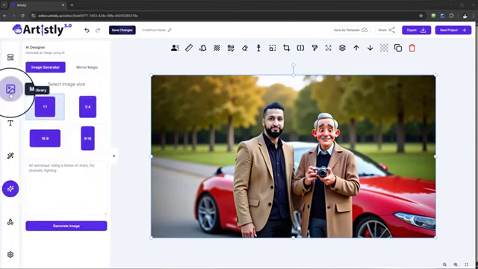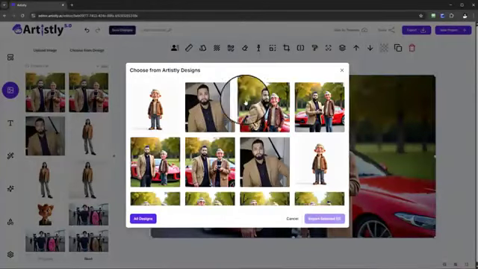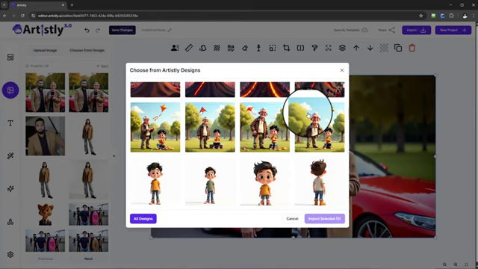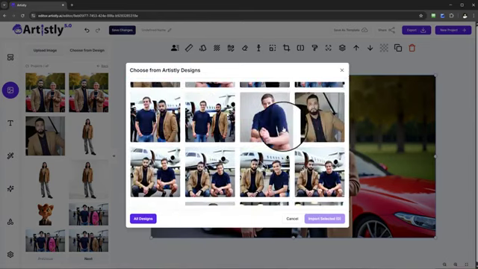Now, just quickly to show you, if you ever want to come here directly without going through the other process, you can simply come to the media library, choose from designs, and anything that you've built on the fast AI image designer, you can actually bring it across over here. So say, for example, if I wanted to take a design that I built earlier on,